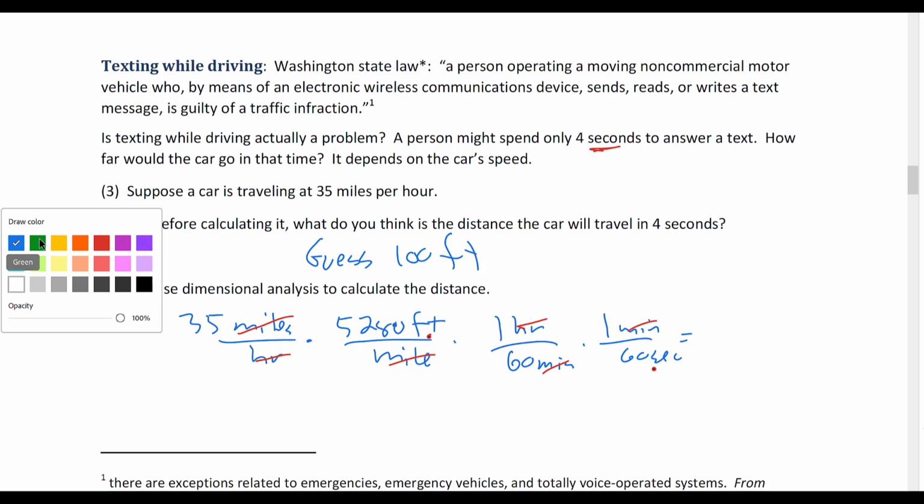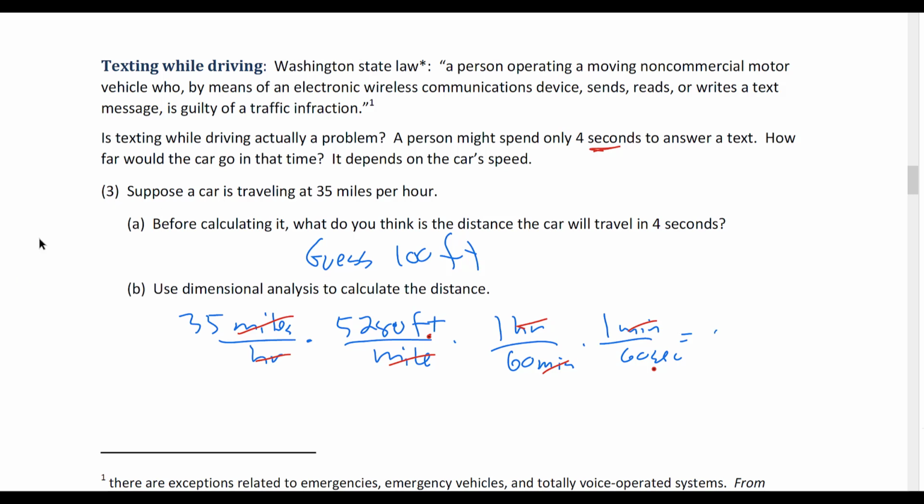So 35 times 5,280, divide that by 60, and then divide by 60 again. And I get 51, wow, that's more than I thought, 51.333 feet per second. So if you do 51.333 feet per second, I guess I could have just kept this as part of the string too. Times 4 seconds, that will cancel that out. And we're left with